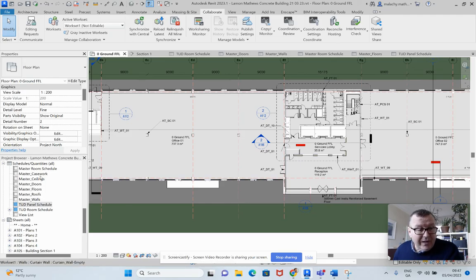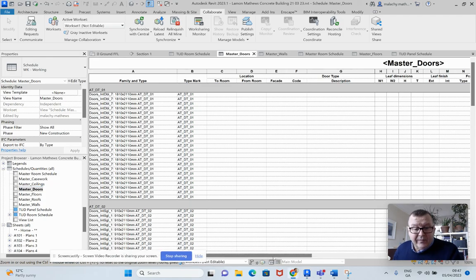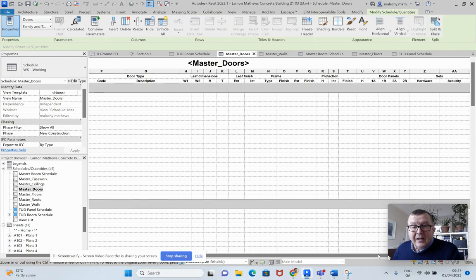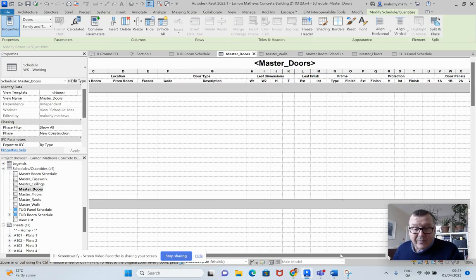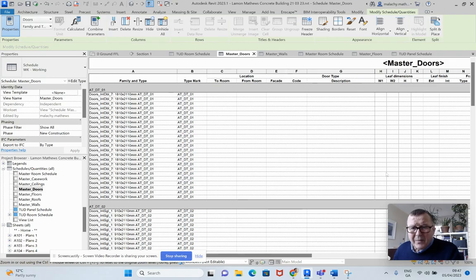Okay. So, over here, you can see that what came with your template are these master schedules here. And if I go into it, I'll just go into the doors one here just for a second. You notice that there's quite a number of fields here. And so that's kind of like a professional door schedule as such. Now, we don't need to get into that as yet. It's very handy for you to have that, to know that that is the case, that